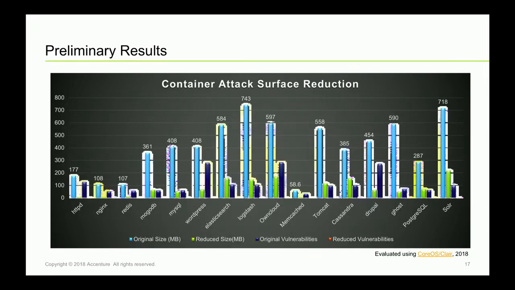I'm not selling you snake oil, right? It is not possible to achieve 0 vulnerabilities, and now we're going to expand on why this is happening. But across the board, we've observed an average size reduction anywhere between 60 and 90%, depending on the application. And by our own tests, we've observed about the same thing, 60 to 80% vulnerability reduction. Not 100%, but it's still a decent amount. Now let me explain why we have 0 vulnerabilities, and why if you run that at home, you are probably going to end up having 0 vulnerabilities as well.